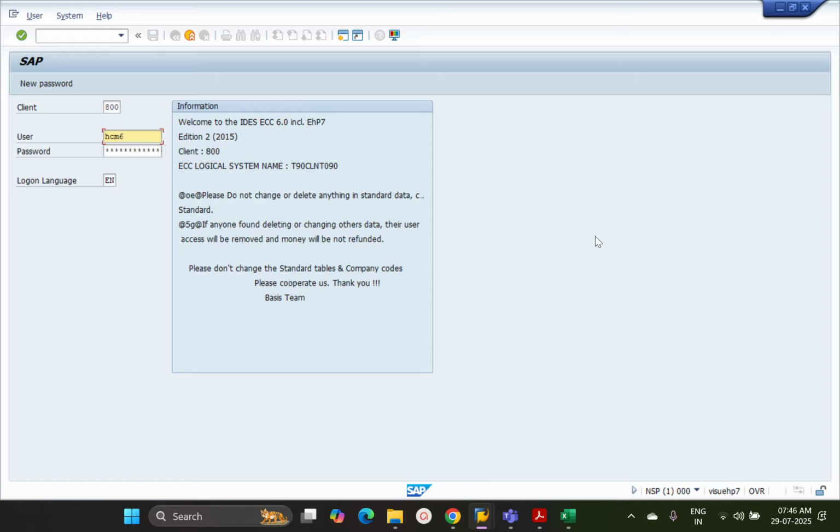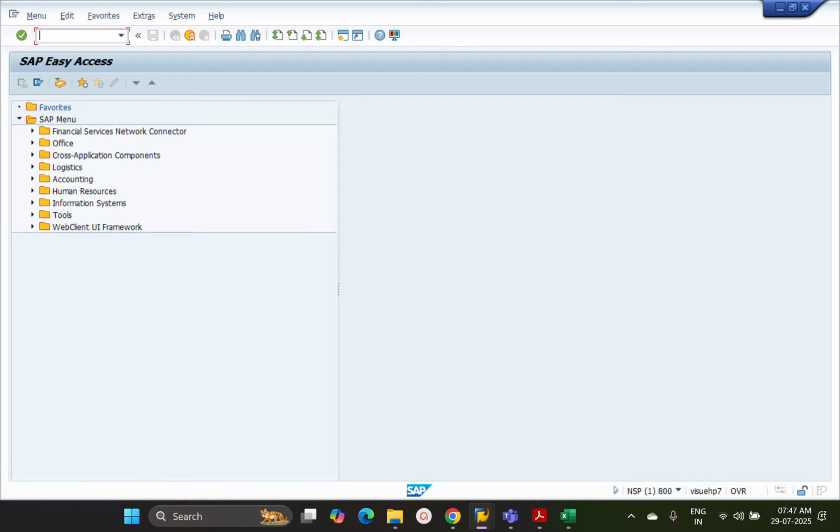Just like you have your Facebook user ID, this is the SAP user ID, which would be provided to you by your org, and this is your password. Once you enter, we call this the home page. Okay, SAP home page. Now, this is called the command field, through which we can navigate to different